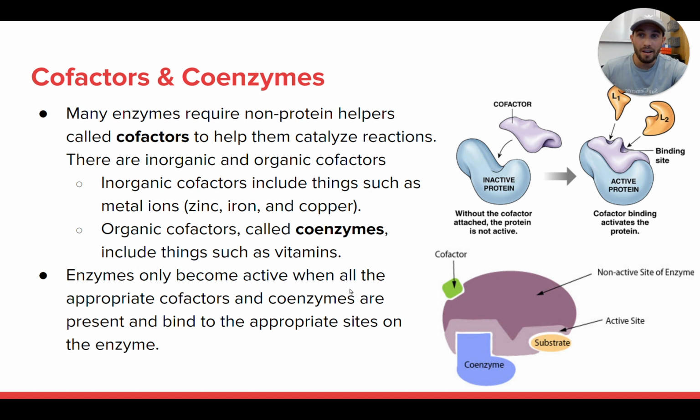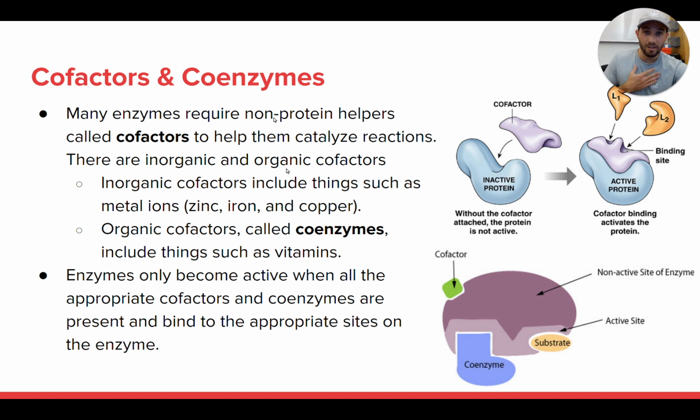And then there's what's called cofactors and coenzymes. These are kind of like enzyme helpers. These are molecules or substances that bind to certain enzymes and allow those enzymes to function properly. This isn't true for all enzymes, but some enzymes have to have these little chemical buddies that they bind to. When they bind to these chemical substances, they're now ready to do their job. And so those things are called cofactors,